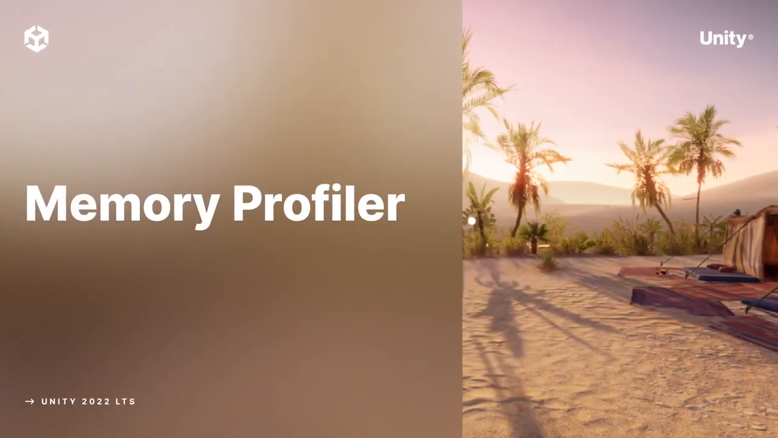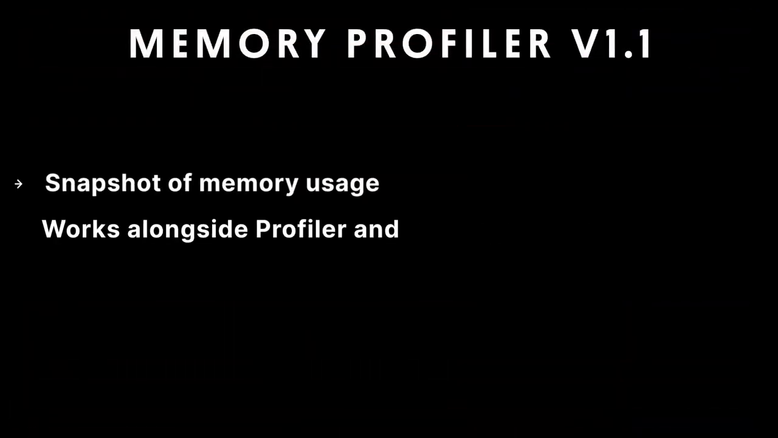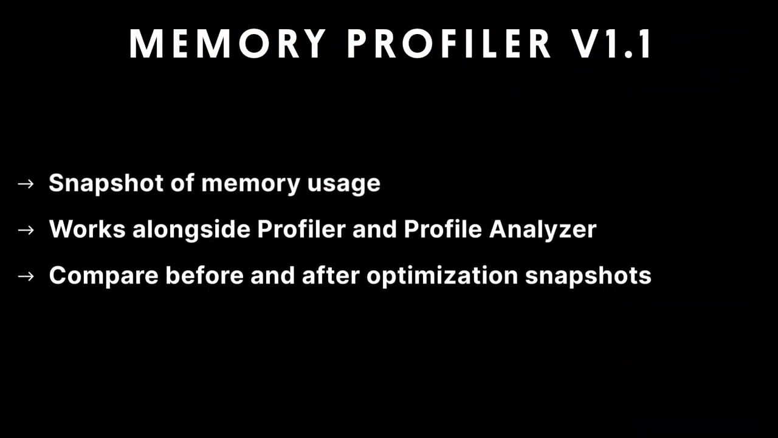In this video, we are looking at the Memory Profiler version 1.1 package. It takes a snapshot of the memory usage at a specific point in the game and gives a detailed statistical breakdown of how the memory is being used. It can be run alongside the Unity Profiler and Profile Analyzer to implement optimization techniques to ensure the game runs smoothly on all devices. You can compare before and after snapshots to see what effect the optimization techniques have had